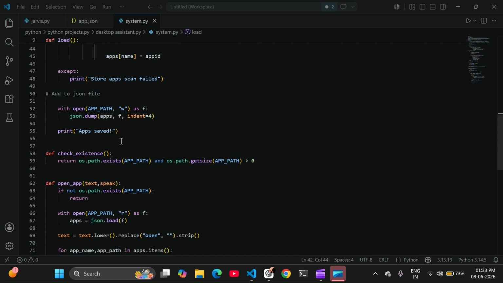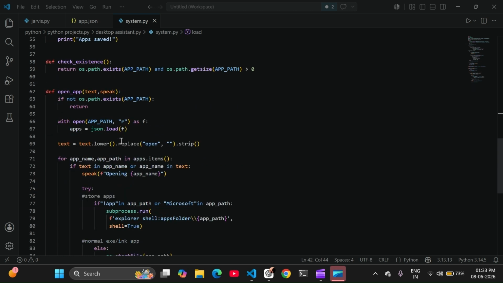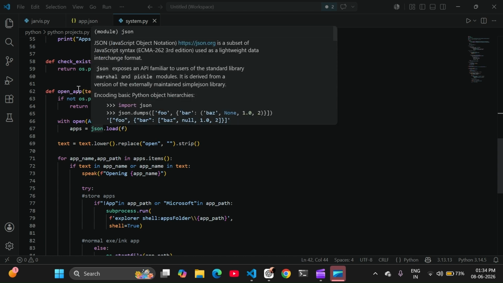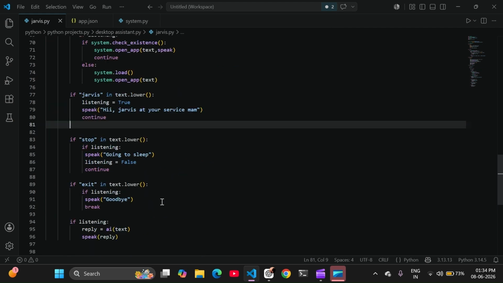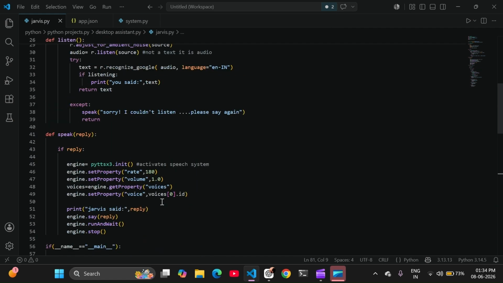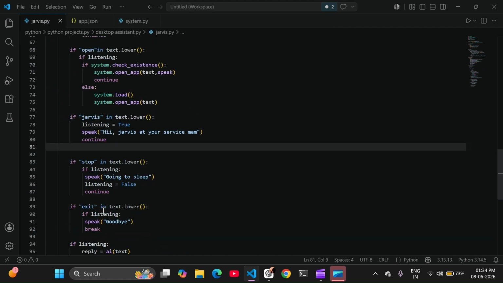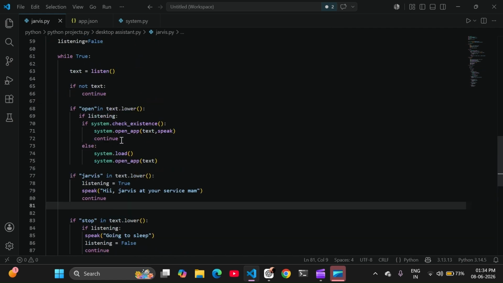Okay, now the next function is open_app with text. So open_app we have provided with the text from main and speak. Speak is a function we have made here. So text we are getting and the function speak.